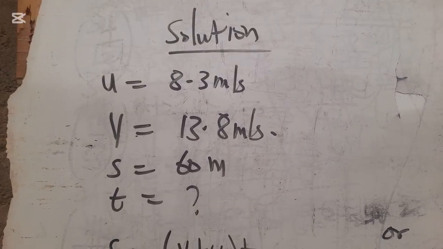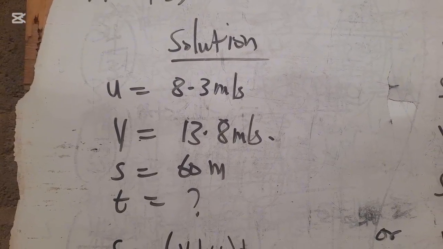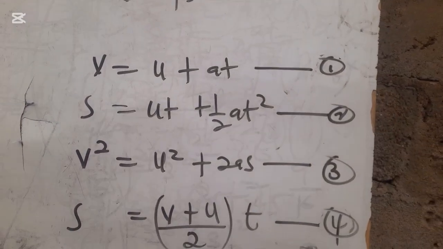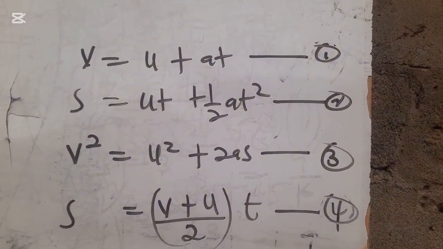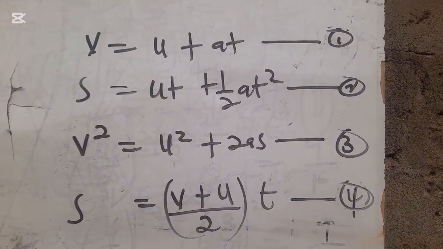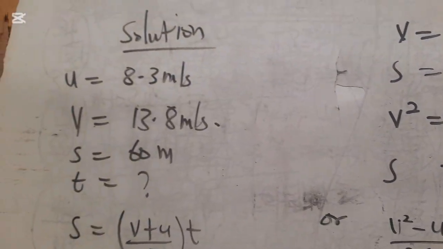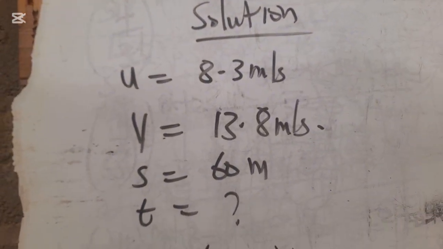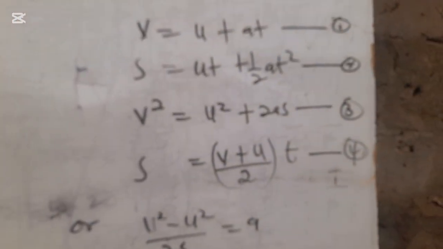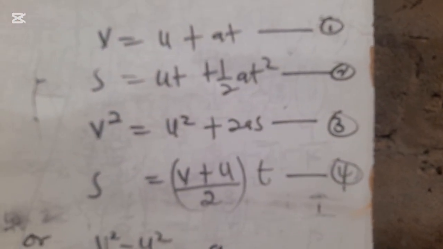Looking at it, we have initial velocity, final velocity, distance, and time. So look at this. Which one can we use? Is it equation 1, equation 2, equation 3, equation 4? Which one can be used? So looking at the parameters given, initial velocity, final velocity, distance, and time, I think the equation that